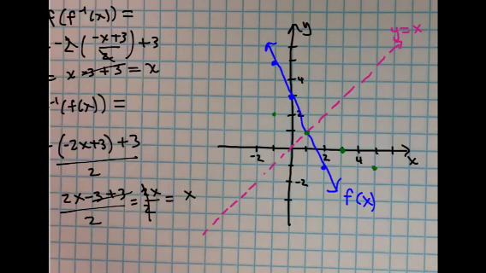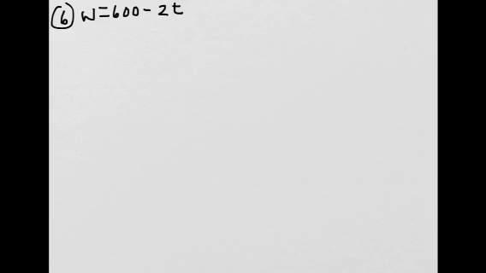Right here. You can connect these points. This one came out a little bit nicer, or straighter at least. And this is f inverse of x. And it matches the equation. Remember, the equation for f inverse of x was negative 1/2 x plus 3 halves. So here you have 3 halves is 1.5. That's the y-intercept. And then we have the slope down 1, right 2, negative 1/2. So it matches. Okay, for number 6, they want you to find the inverse